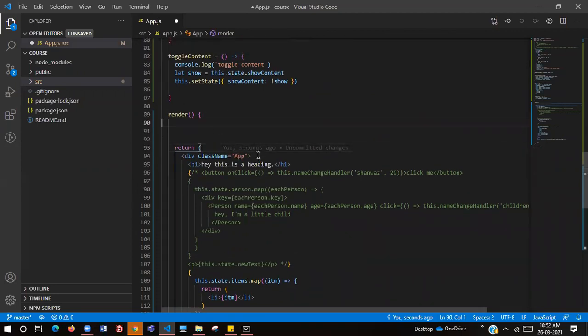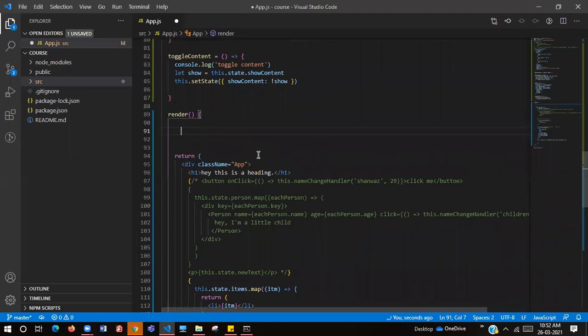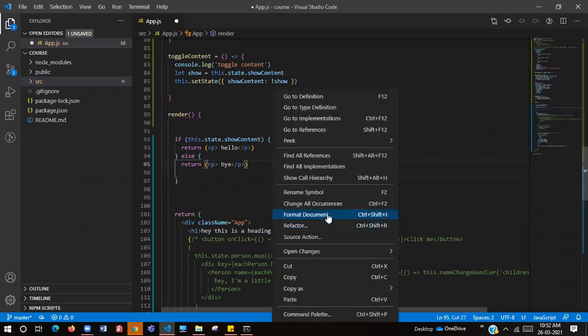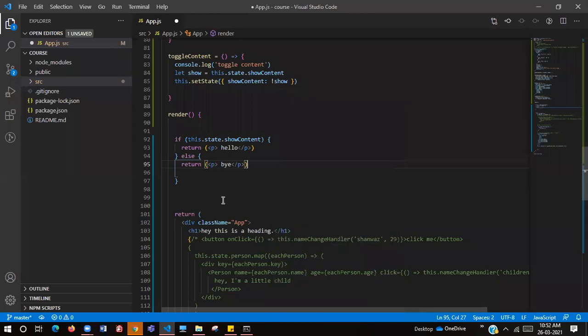Now let's take the one that I pasted, not in the parenthesis. If I format the document with Control plus Shift plus I, everything gets aligned.